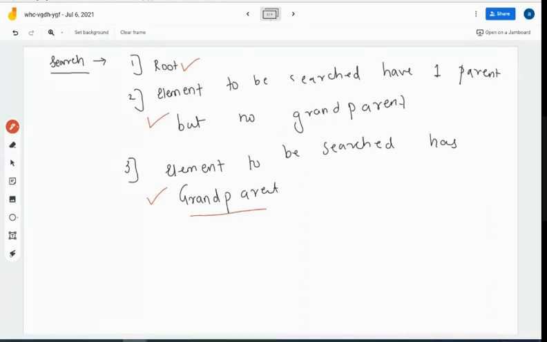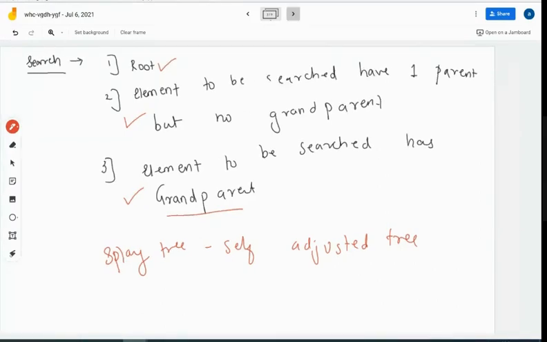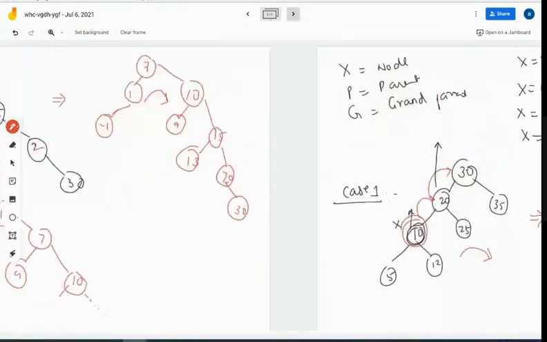Okay. Another name for splay tree is a self-adjusting tree. It tries to adjust itself and make the node to be searched the root node. Okay. Now let's come to the